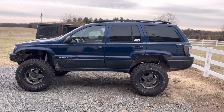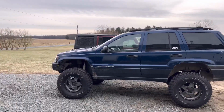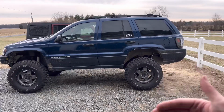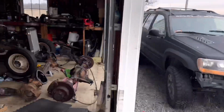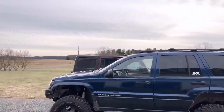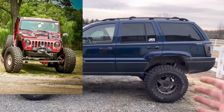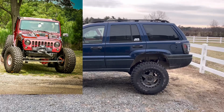Just a lot goes into that, and I want to wait till we're on the final set of tires, like tire size, and then we're on the final axles, because that'll push the tires out on both sides quite a bit. These are so much wider than factory axles. They're actually a little bit wider than my Wrangler axles, and I'll put a picture up here of how wide that is